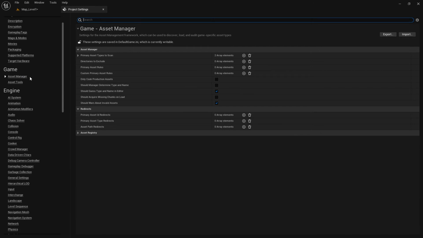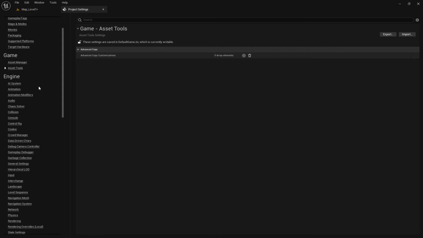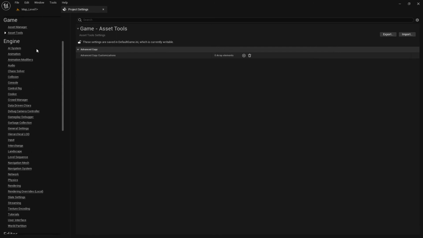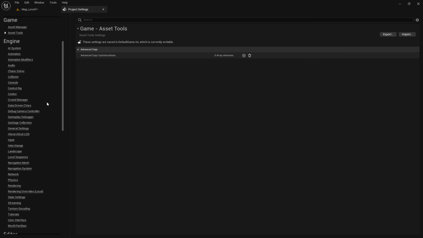Asset manager, no need, don't worry, forget it. Asset tools, let's start, no need. Perfect. We go to engine. What we need here, actually, there are many things here. There are many things, but most of these things you are not doing here in the engine. You are doing them with blueprints. For example,